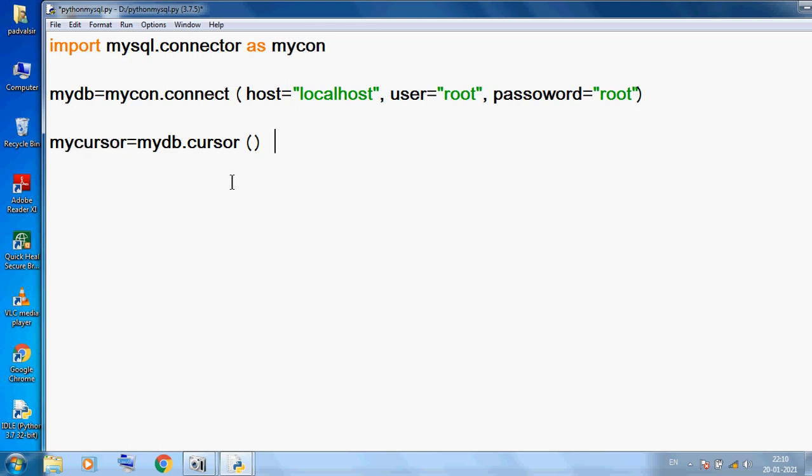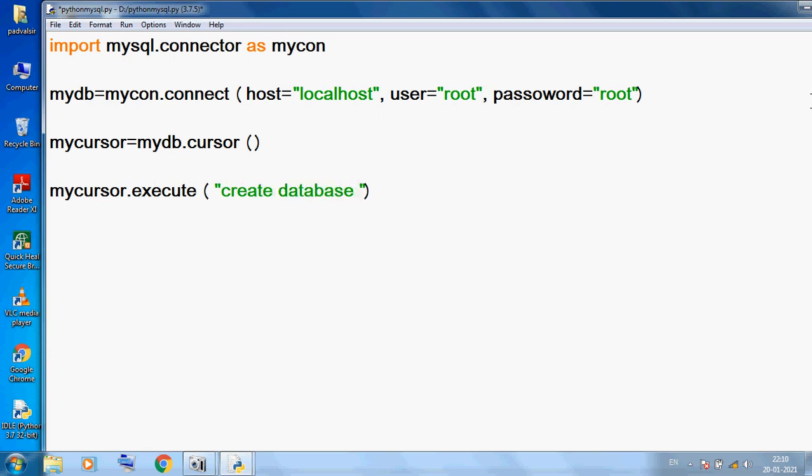Okay students, now here I am using mycursor dot execute. In execute, inside double quotes, I am using create database.